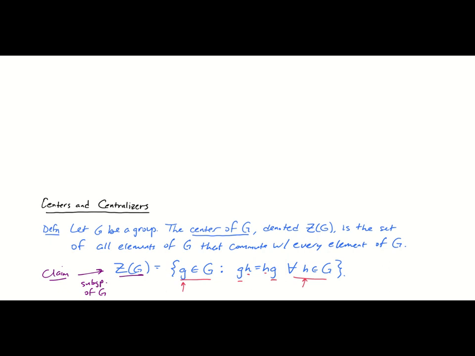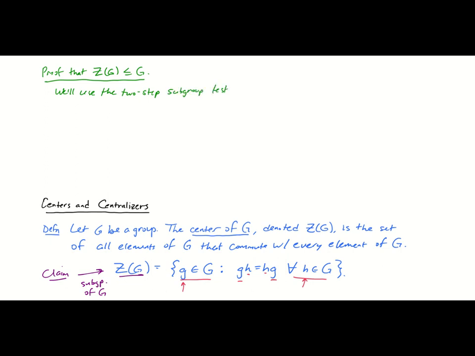There we go. Okay, so this is the proof that the center of G is a subgroup of G. Remember that the less than or equal to notation means subgroup. All right, so here's the proof. How do I want to approach this? I think I'll try using the two-step subgroup test just for variety's sake. I think I could probably use the one-step, but we'll use the two-step subgroup test,